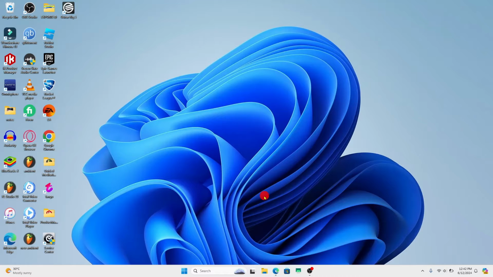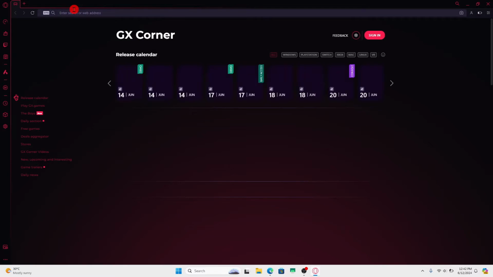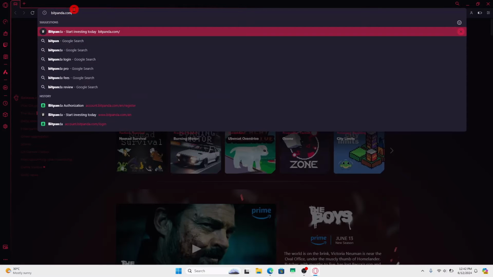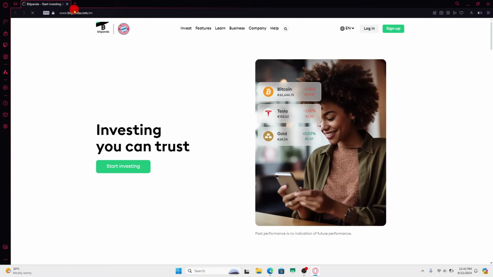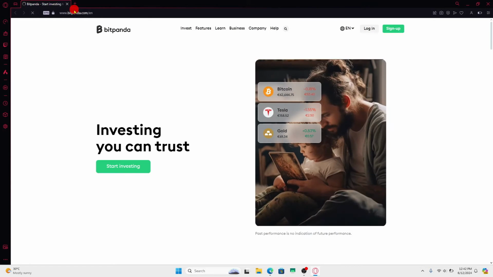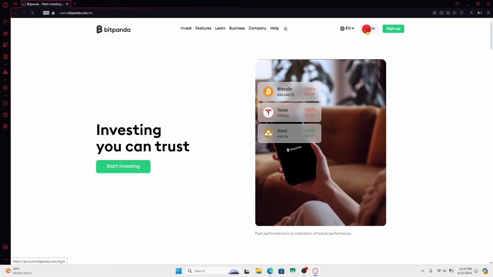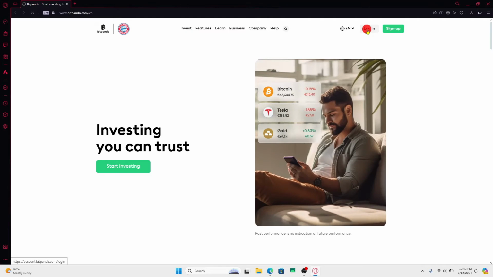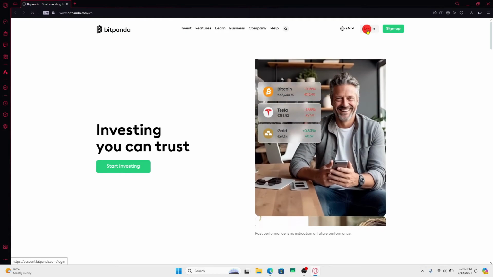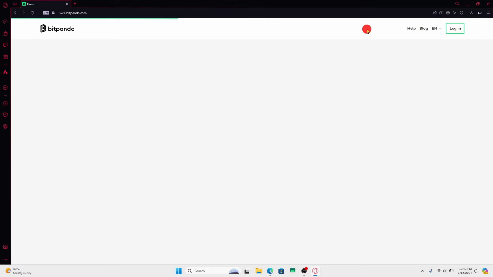If you haven't logged out from your account on Bitpanda on any device, then open up the web browser within which you have not logged out. You can then type in bitpanda.com in the address bar and press enter, which will then take you into the Bitpanda homepage. Now from this page, if you click on the login button at the top right corner, this will directly log you in since you have not logged out from your account, and now you will be taken into